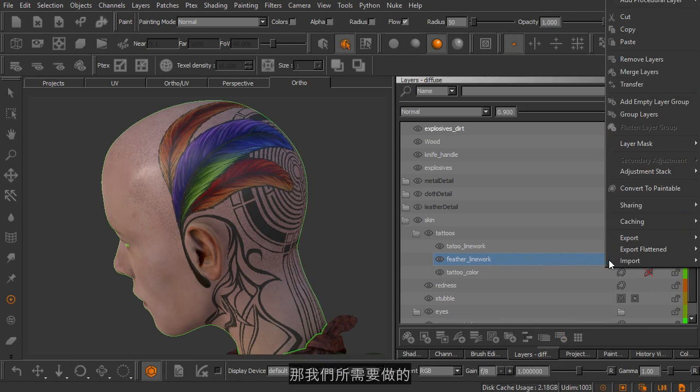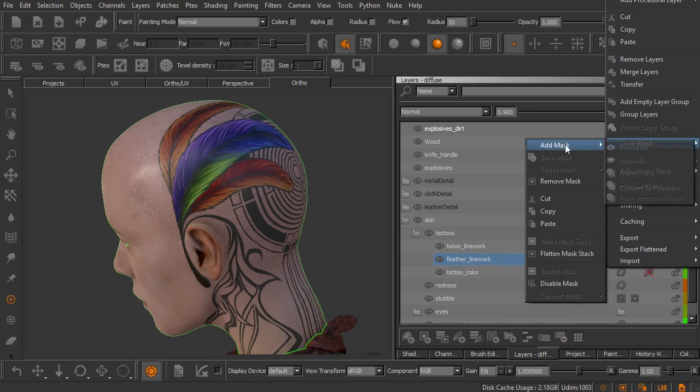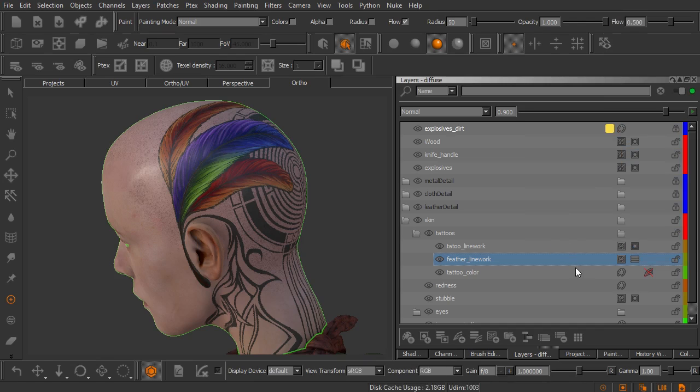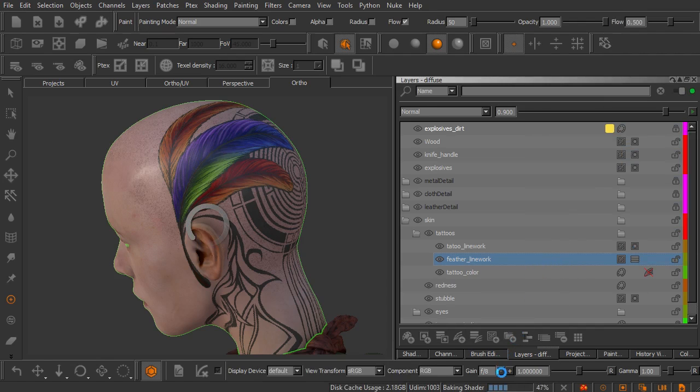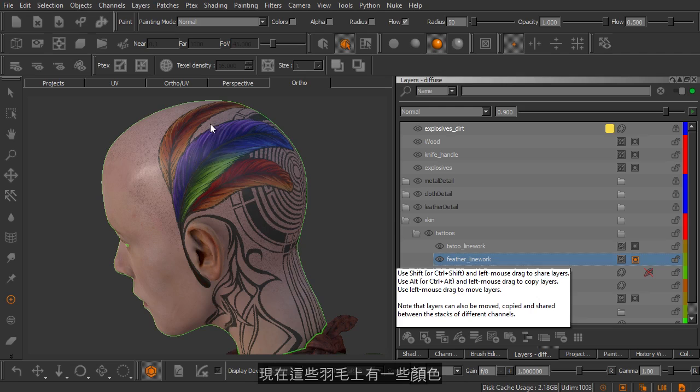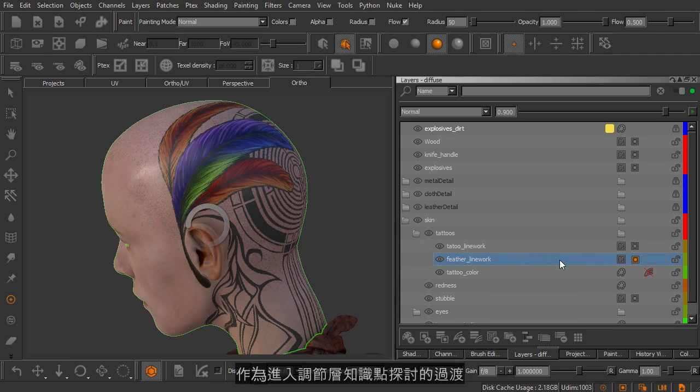All we need to do is right click on the layer, go to Layer Mask, and choose Flatten Mask Stack. Now when I do that, you'll see MARI's going through the process of actually baking this down. And you can see down here in the status bar what the progress is of that particular action. Now I know there's some color on these feathers, and that was not there in the previous video, but we're going to use this as sort of an illustration and kind of a transition into a conversation about adjustment